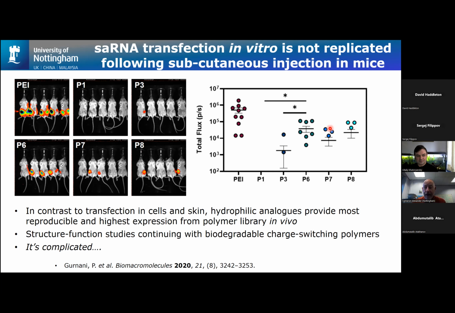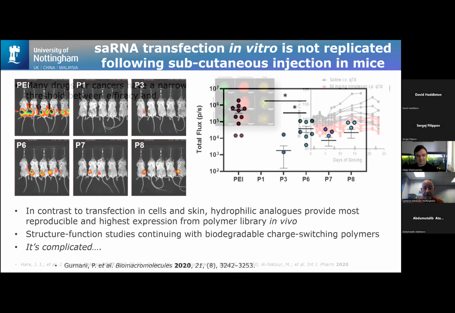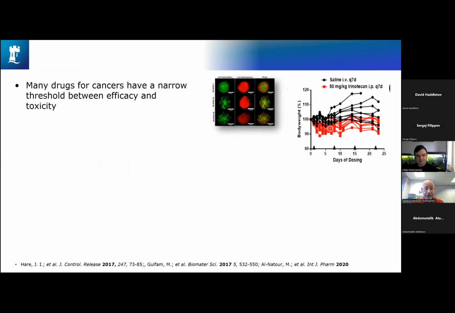So a difficult take-home message for this one, but whenever you come on to immunological studies, the answer is usually it's complicated. And one of the things we're trying to dissect is structure function studies to look at what polymers do what and why. We've been working very hard on this, and we've filed some IP, and I can't talk about that at the moment. But the interesting thing here is that we are beginning to see some correlations between in vitro studies and in vivo. So let's go on to the next part of the talk, the second half of the talk, and that's